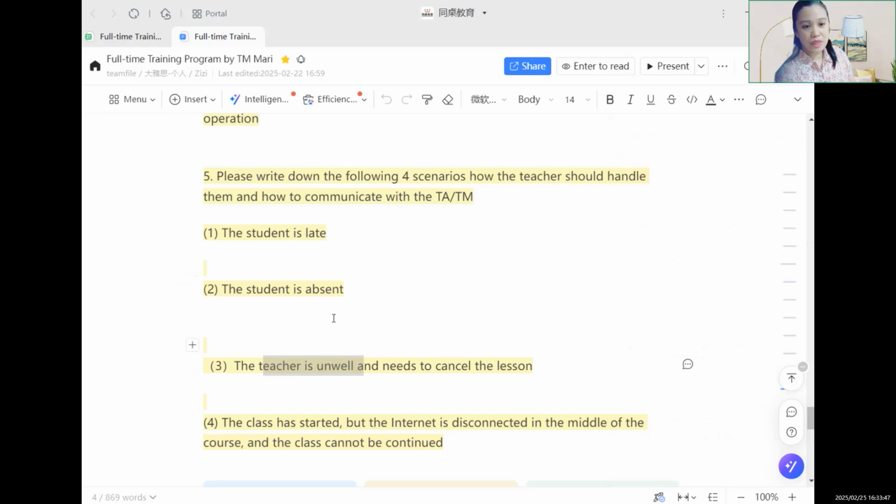Okay. So when it comes to when student is late and when student is absent, what is it that you need to click on your system, Teacher Christina, if the student is late? Wait, I'm checking my notes.